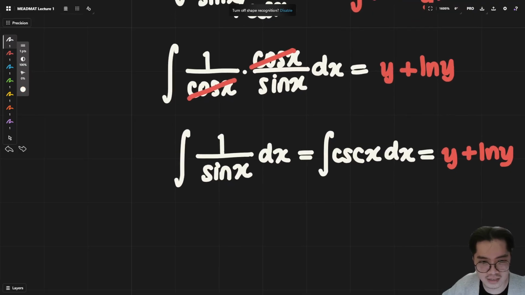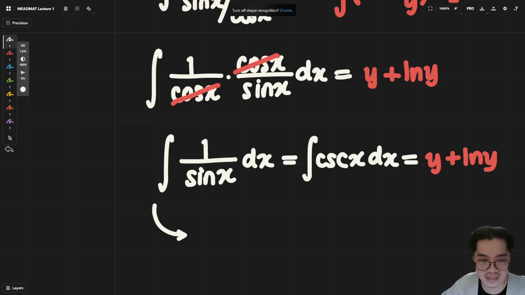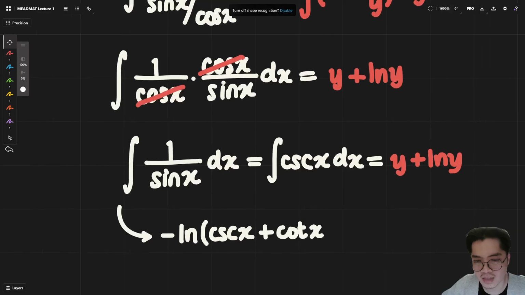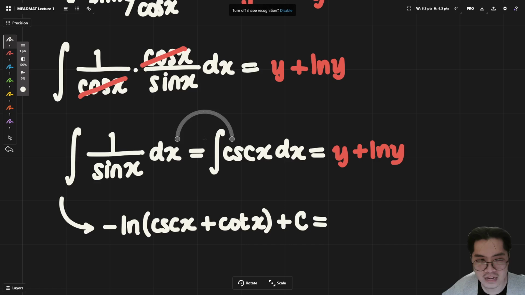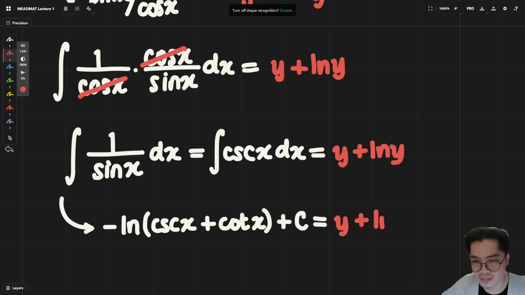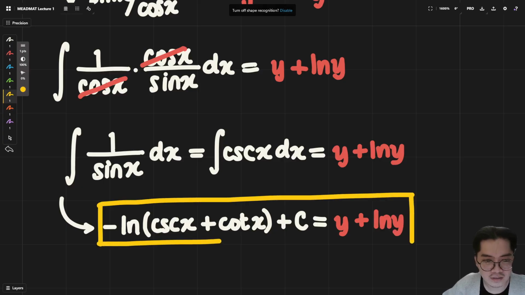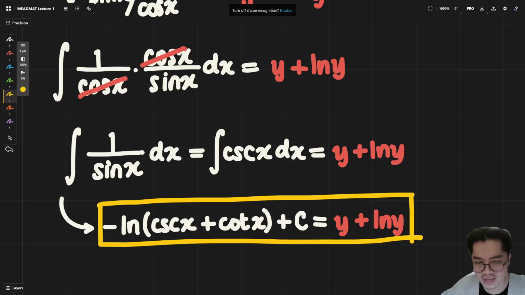The solution here is literally to just remember that the integral of cosecant x dx will be equal to negative ln of cosecant x plus cotangent x plus c. I will elect to put the plus c's wherever I see the x's, and now that is it. That is it. Y plus ln y. If you do want to see that it works,